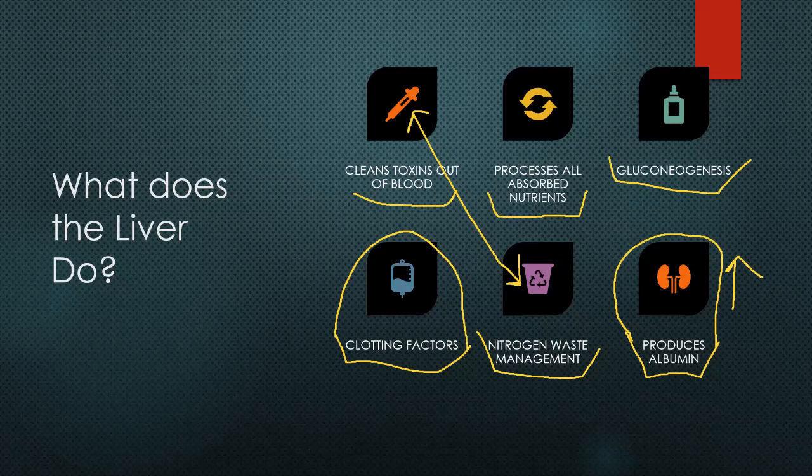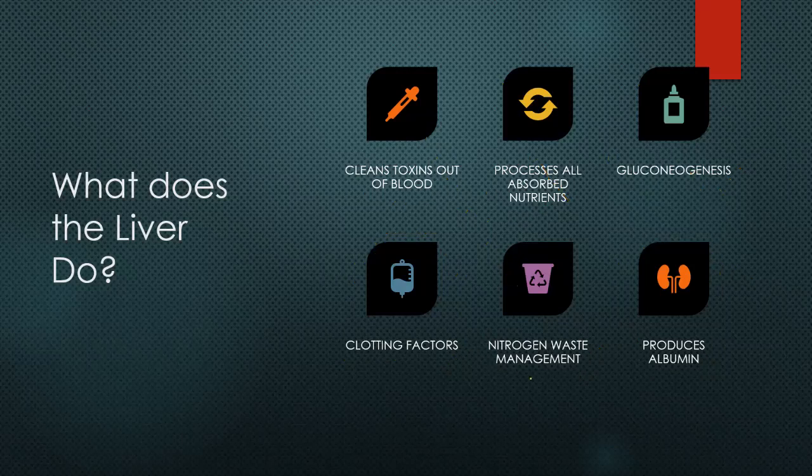Notice that we won't be able to tolerate fasting very well because we can't do gluconeogenesis. And we might have some malabsorption problems because even if we absorb the food in our intestines, we can't process it. So if you know what the liver does, then you understand what liver failure looks like, which is really handy when we talk about